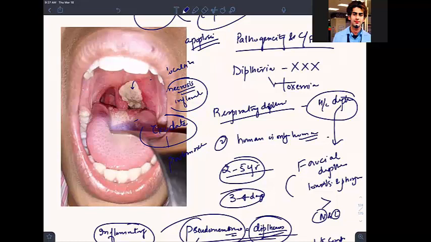Normal membranes should not bleed. I'm not saying every normal membrane. I will also give you examples of some diseases in which a membrane is there but you are not bleeding, like in Candida. So remember, the pseudomembrane is adherent to the mucosal base, and once you try to remove this membrane, the person will bleed.